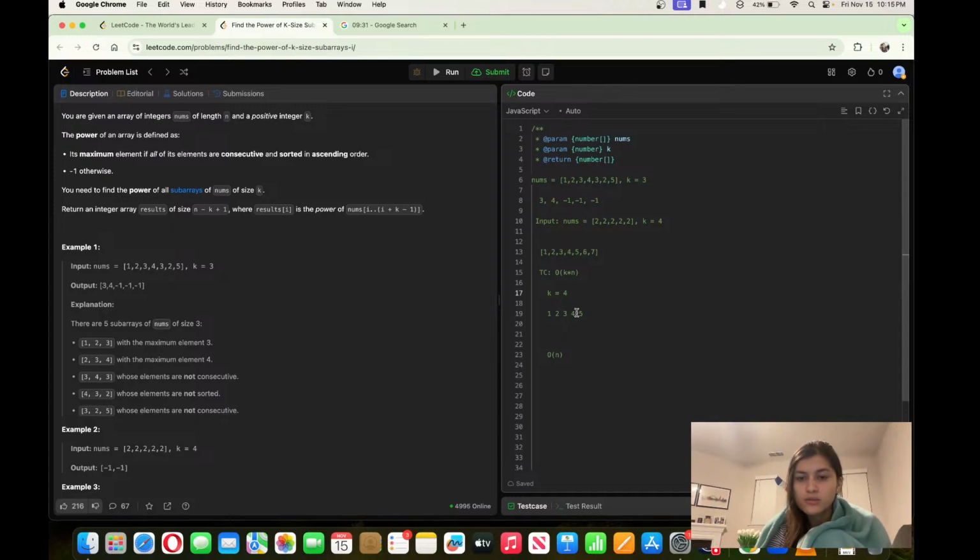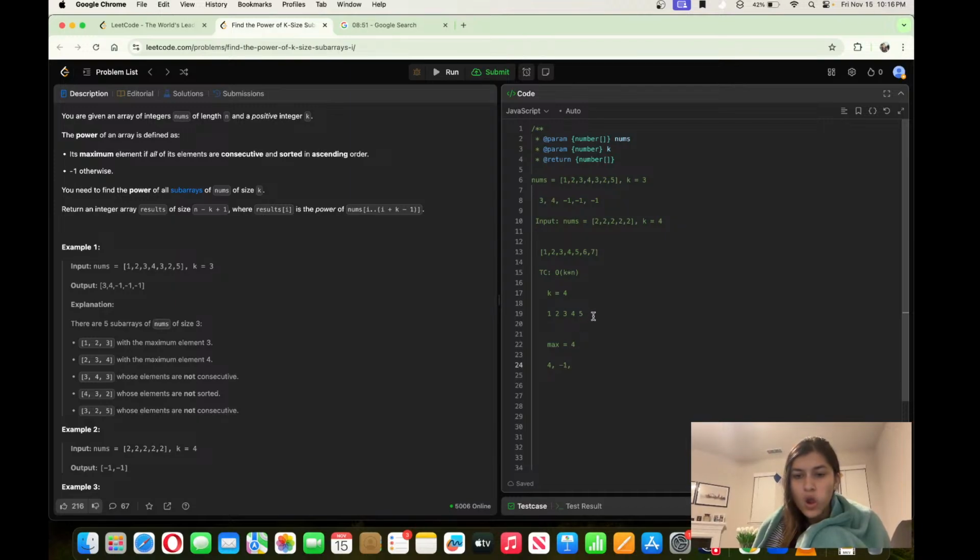So whatever the previous four elements' maximum is, suppose it is 4, and if this is not equal to 4 plus 1, then it means... so what I do is, first of all look at the first four elements and find the maximum. Maximum is 4, and the next element needs to be 4, 5. If it is not, then it will be